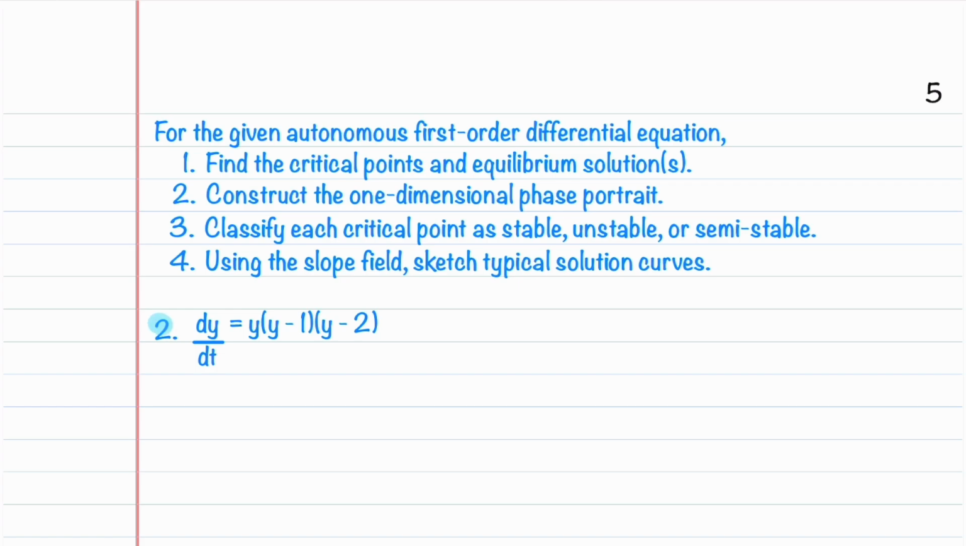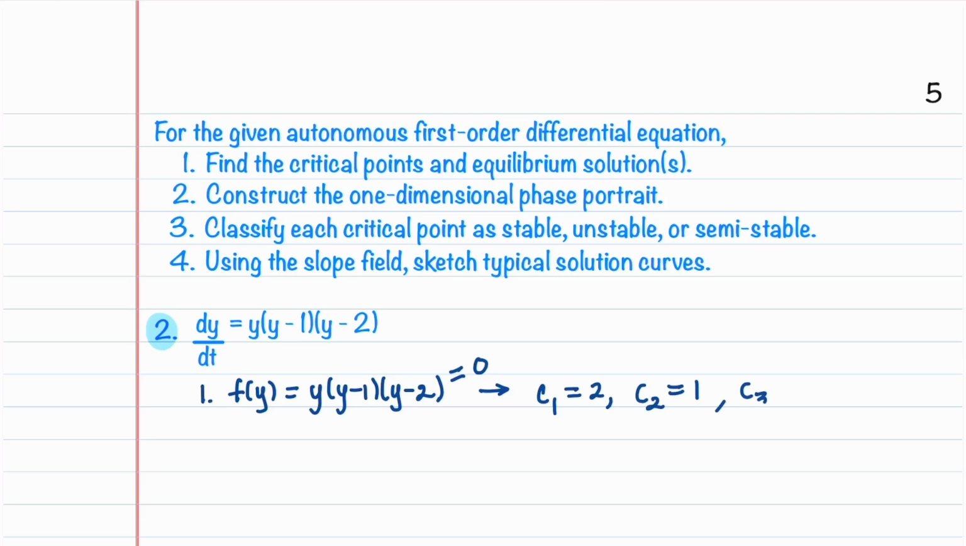Let's look at one more example. This example is going to have 3 critical points, and that's a little bit trickier, so I wanted to make sure to do one of these. The first thing that we want to do is find our critical points. So let's write down that f of y is y times y minus 1 times y minus 2. It's nice that it is already in factored form, so we can see by setting this equal to 0 that we're going to get the critical points C1 is equal to 2, C2 is equal to 1, and then C3